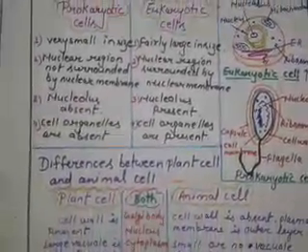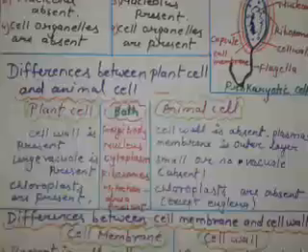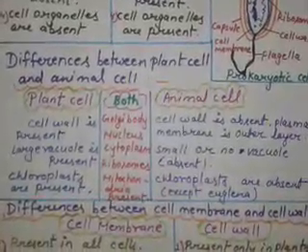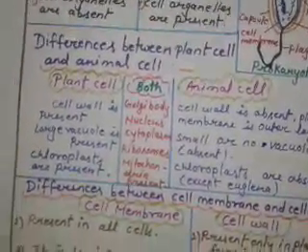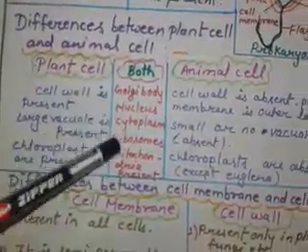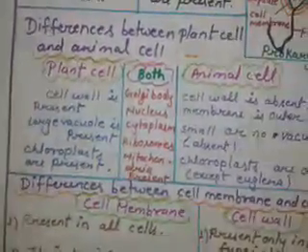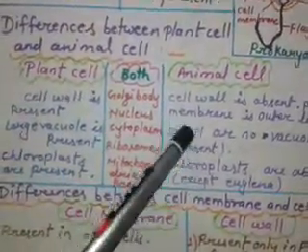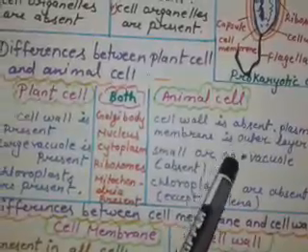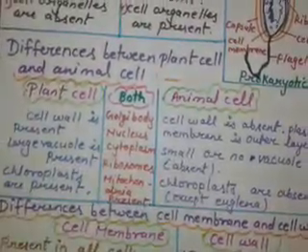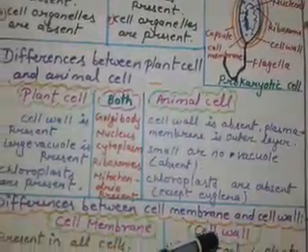Okay, next we have differences between the plant cell and animal cell. See, here is a very big difference between the plant cell and animal cell. See over here, there are some common organelles which are present in both plant cell as well as in animal cell. Let's see ahead. We have animal cell. Its outer membrane is plasma membrane, which is selectively permeable in nature. That means they allow only few molecules to pass through them.